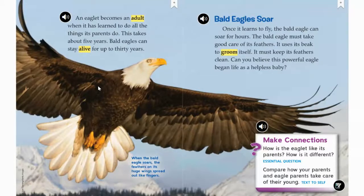And here is a picture or illustration with a caption. The caption reads, "When the bald eagle soars, the feathers on its huge wings spread out like fingers." And you can see that in the